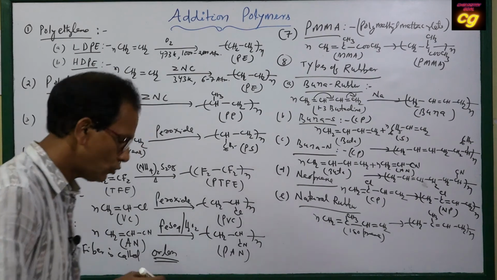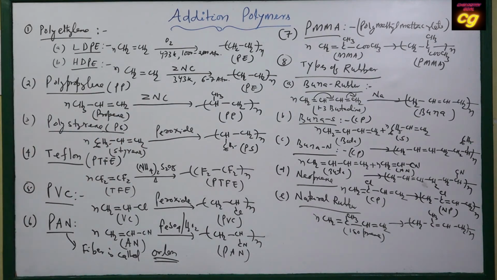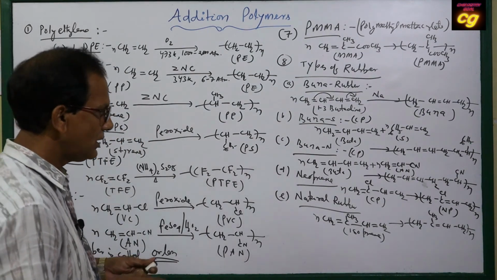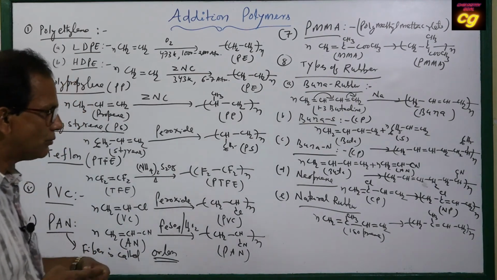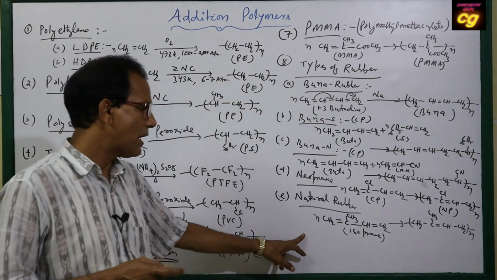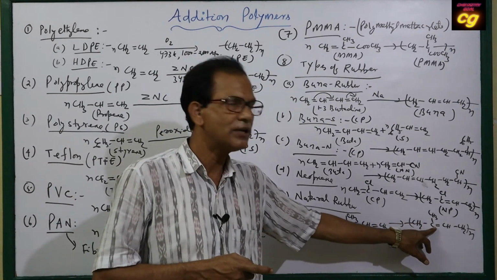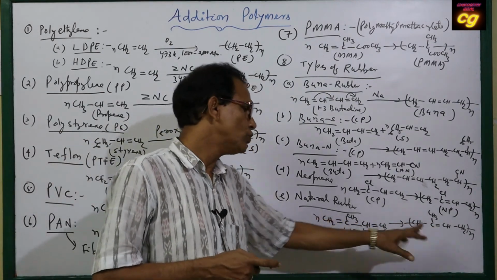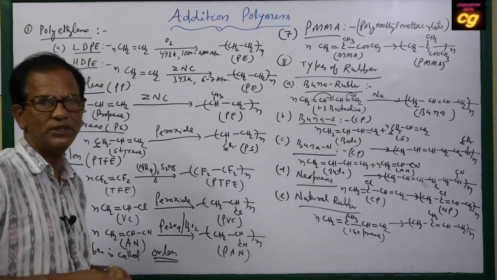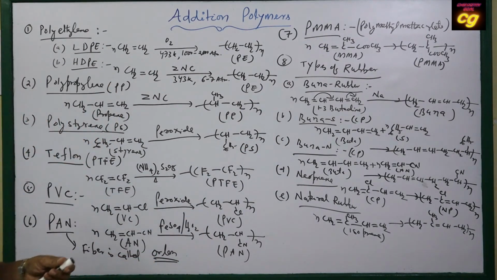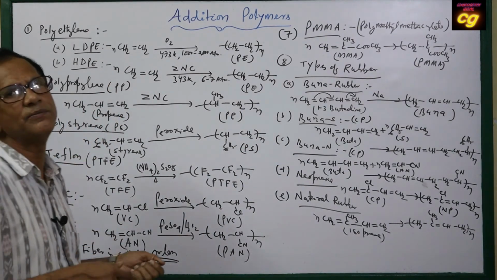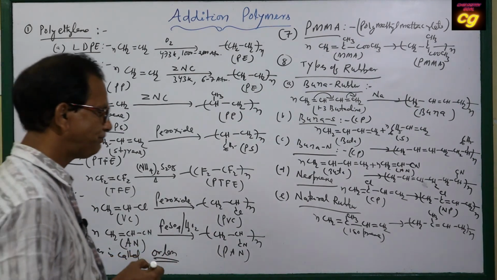Everything is same, only the double bond position changes. This is called natural rubber or polyisoprene. As it has a methyl group attached to the carbon-carbon double bond, the position of the methyl